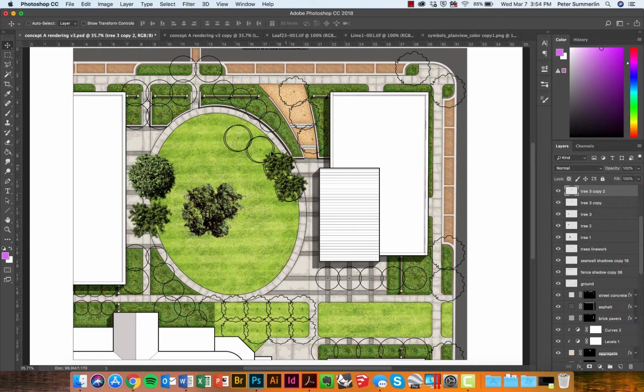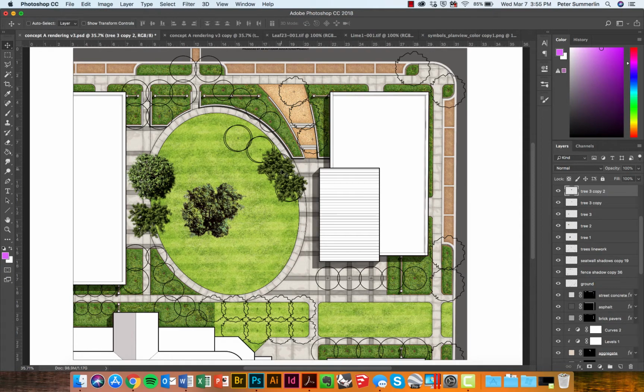I'll then hold down Alt again with my Move tool, and I'll move this tree. Just so I don't get the exact same tree in the same orientation 3 different times, make it look exactly like I've tiled this, what I'm going to do is back up a couple steps. And each time I grab this tree, I'm just going to rotate it slightly, might even make it a little bit larger,